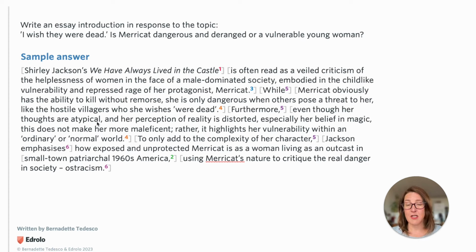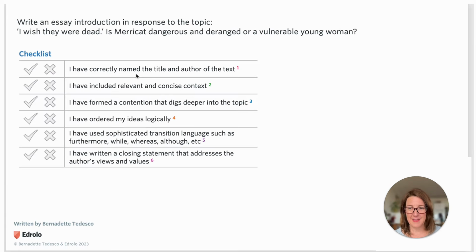And again, they'll be able to see, oh, okay, this is where that sample response uses Shirley Jackson's name correctly and gives the correct name of the text, as a sort of basic requirement, and where it does these other things as well. So it's tricky. Obviously, English introductions, there's any number of things that you could do to create an awesome introduction. We've tried to pare it down a little bit and keep it specific and general at the same time, with